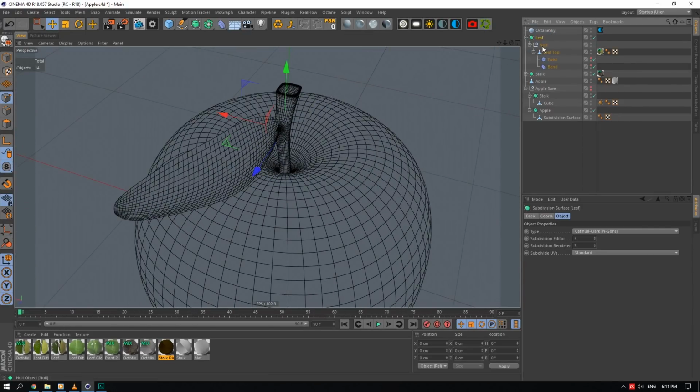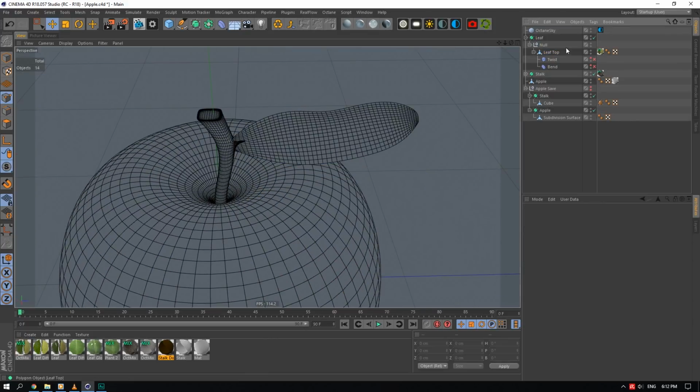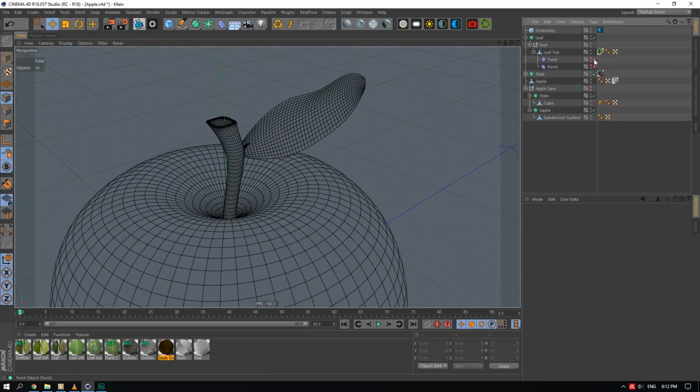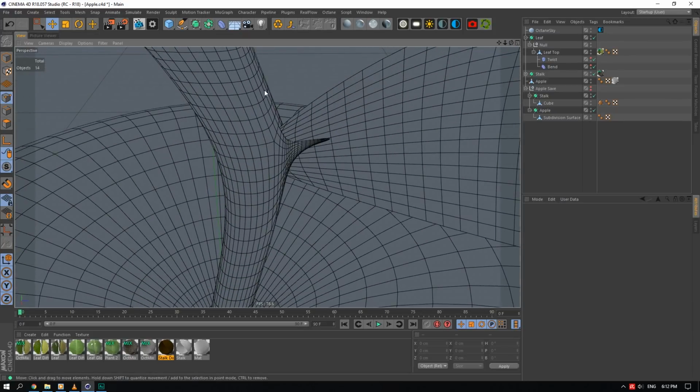But then inside the leaf here, I also have a twist and bend deformer. Just twisting it a bit, which is actually twisting it outwards, and then bending it like that. And then that side of the leaf. Also notice here, I also have